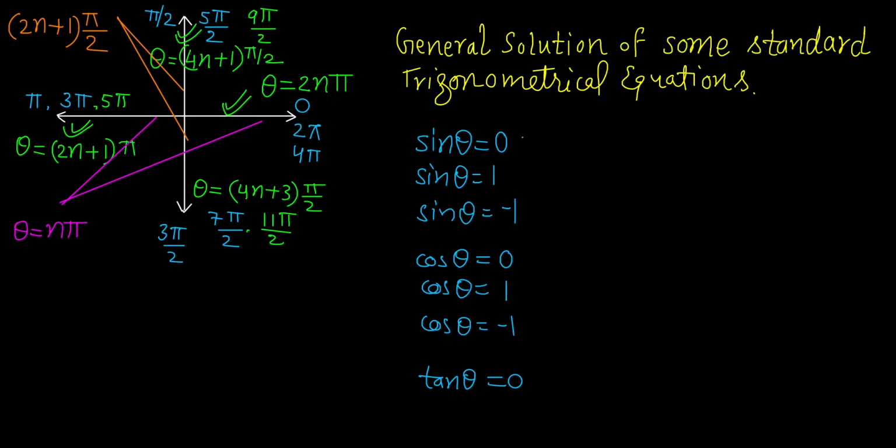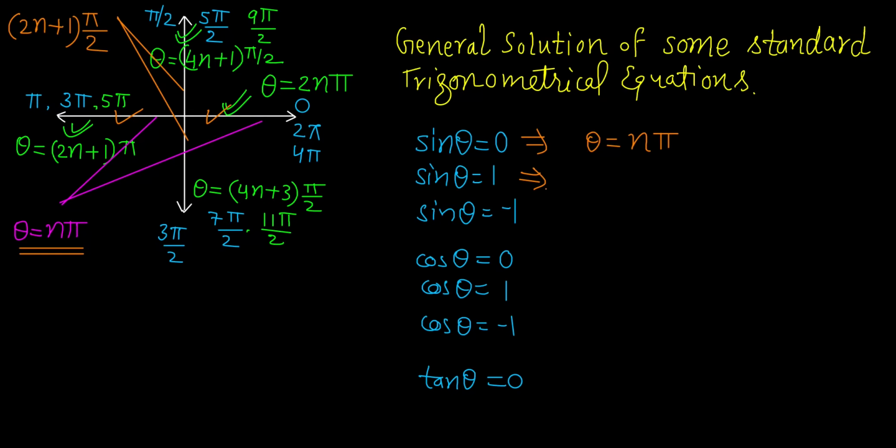Okay, so now let us see the solution. So sin theta equal to 0. So I think you know where sin theta is equal to 0. Sin theta is 0 at this line and also at this line, because sin 0 is also 0, sin 180 is also 0, sin 360 is also 0. So sin theta equal to 0 at both of these lines. And how do you combine the solution of both of these lines? That I told you, that was theta equal to n pi. So solution will be theta equal to n pi.